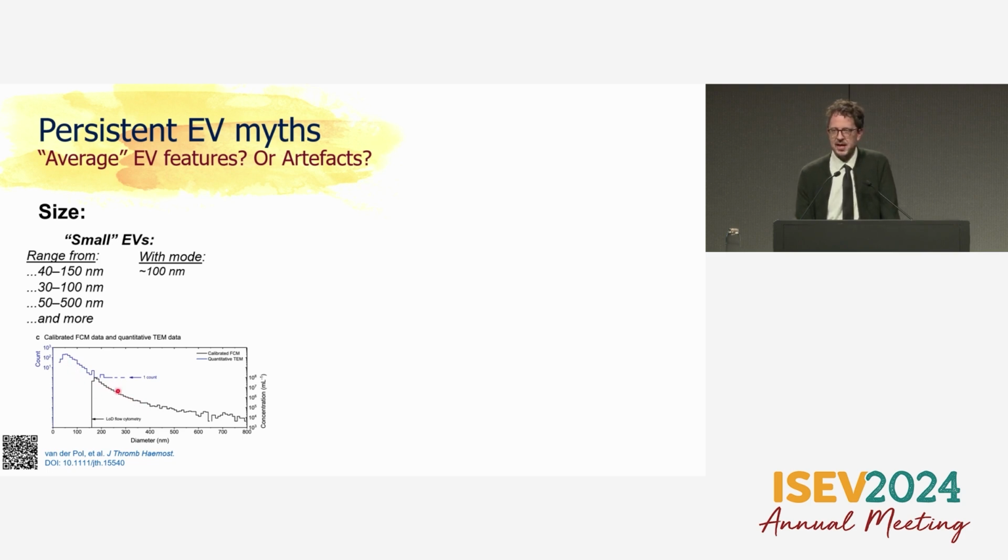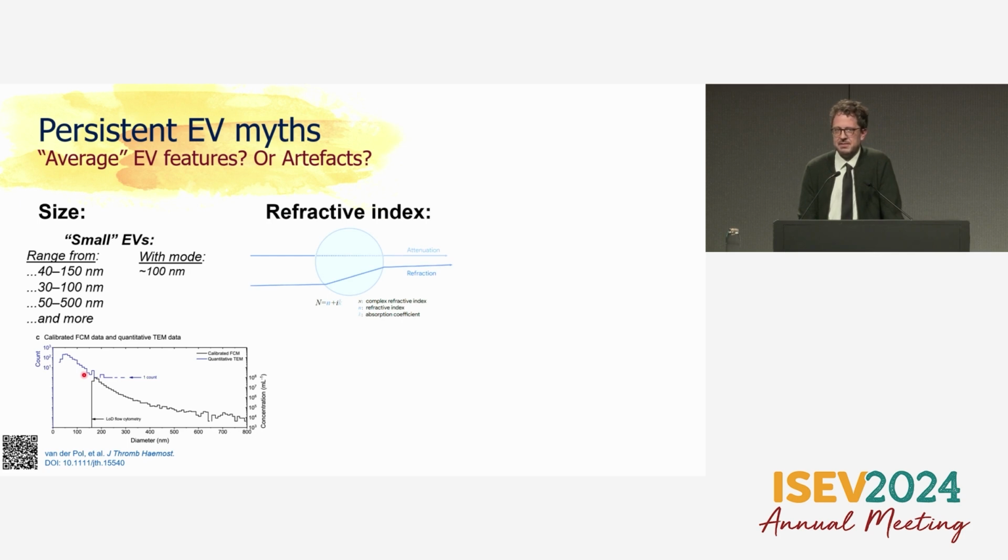And when you start to stitch those together, you actually see this really interesting, what I would consider the true distribution of sizes for EVs, which is this log-linear plot, where you get a log decrease in concentration as your particle size scales linearly. And the vast majority of EVs by count, by surface area, and by volume are completely undetectable by most light scattering methods, maybe with the exception of some of the newer devices on the market, such as the next generation of single particle flow cytometers, super resolution microscopes, and lots of the technologies that you heard about today, and of course, electron microscopy.